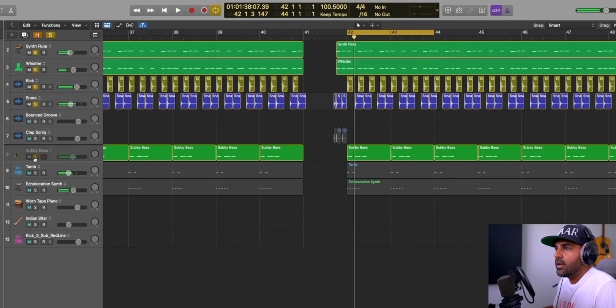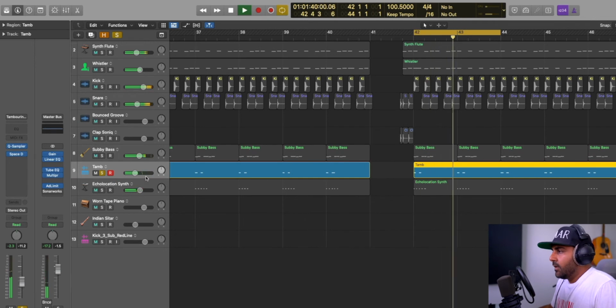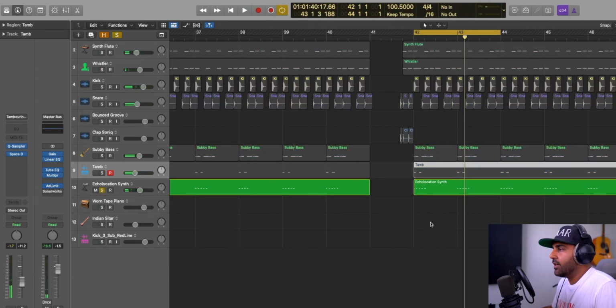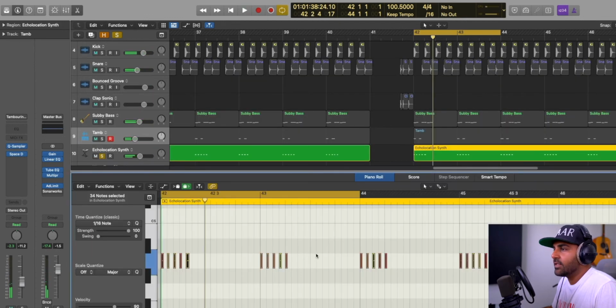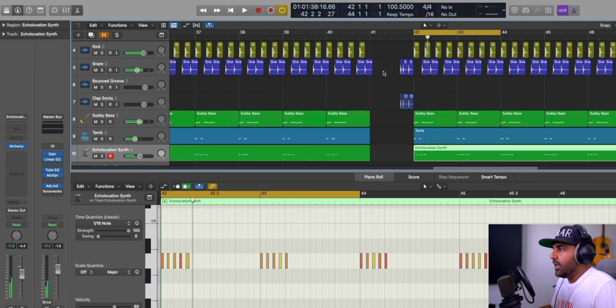And then later on in the song, you have this tambourine that comes in. Now you have to add a bit of reverb to it because it sounds dry. You add a bit of reverb. And then the typical signature part with the melody right here. It's just one note that repeats, and I've added some reverb and delay on it in Alchemy. So when you play all of that together,